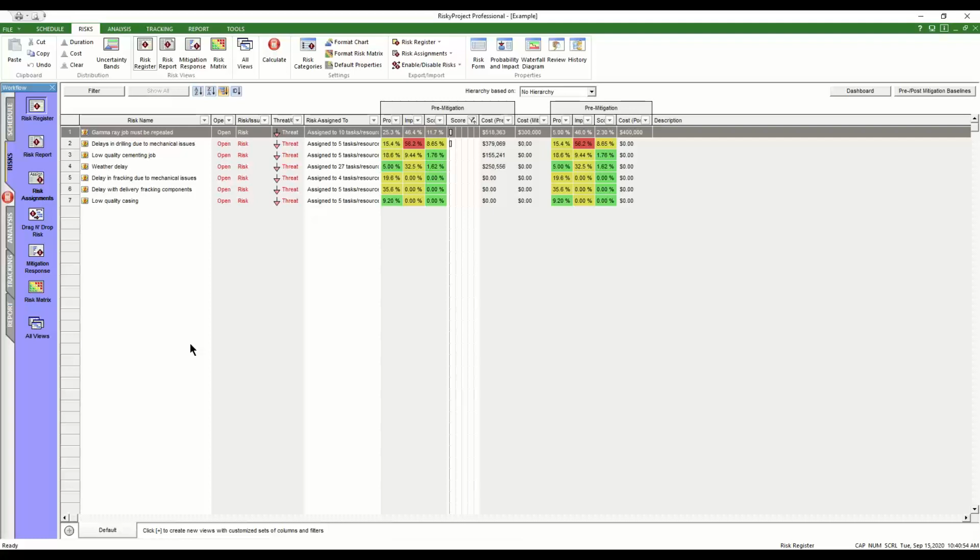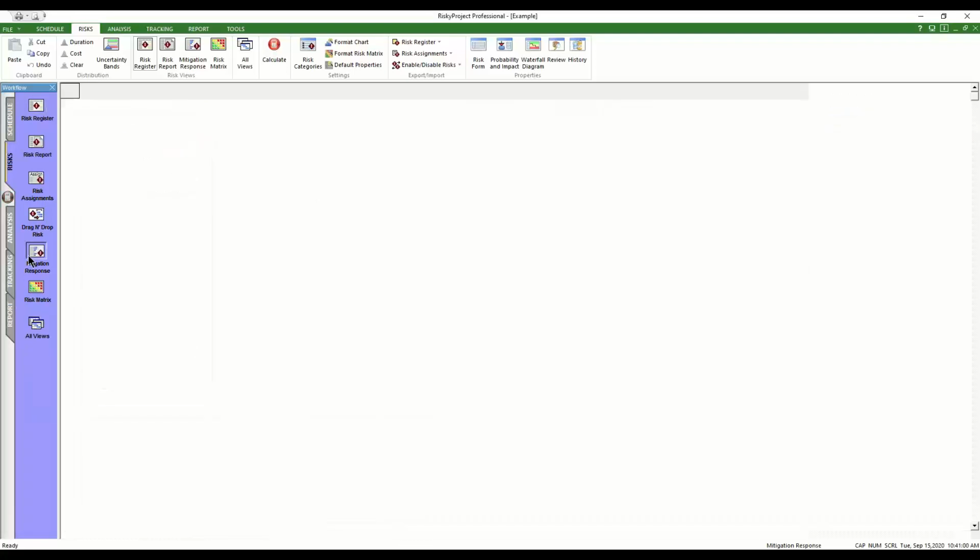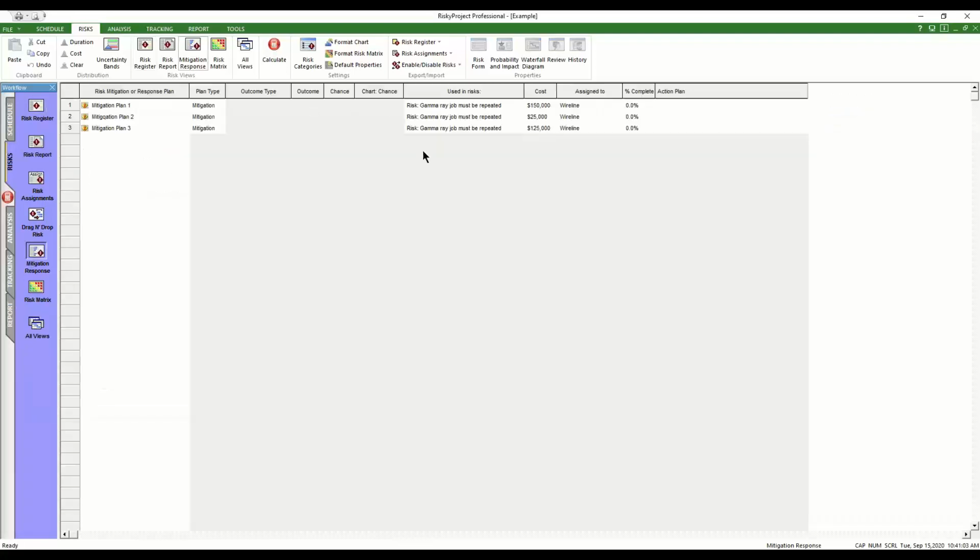This is the very simplest way to do it. In this case, you could just go in here and we could add these 3 risk plans, mitigation activities with finish times and costs. We could add them to the project plan and reduce the risk, and we should get a fairly good idea about what the